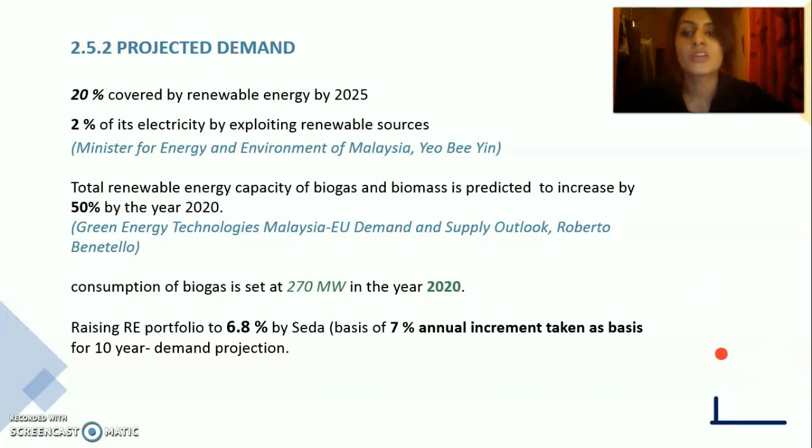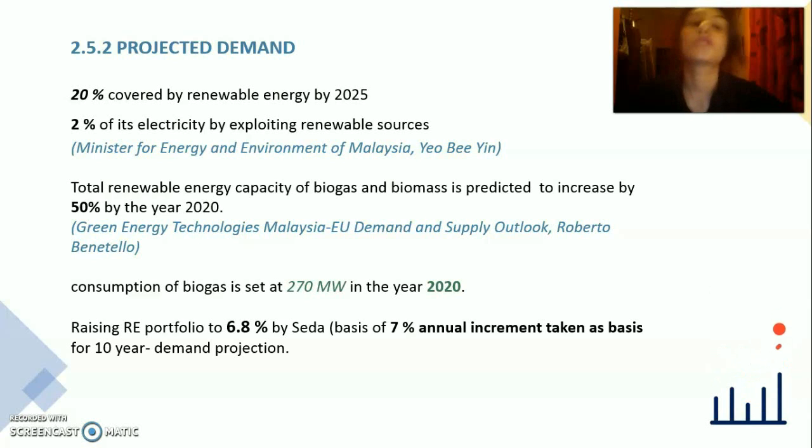So firstly, let's take a look at a statement by the Minister for Energy and Environment of Malaysia, Ms. Yeo Bee Yin, where she said 20% covered by renewable energy by the year 2025 and 2% of its electricity by exploiting renewable sources. And as we know, total renewable energy capacity of biogas and biomass is predicted to increase by 50% by the year 2020. So, because of this, we have set the consumption of biogas at 270 megawatts in the year 2020 in our